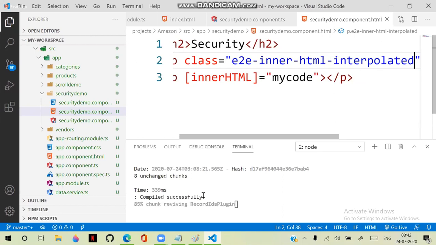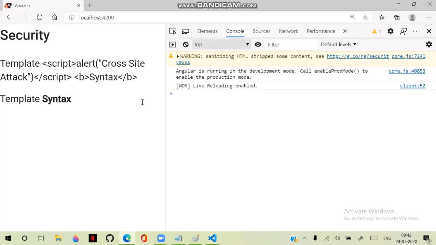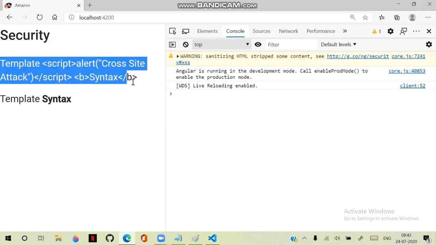So these are the predefined classes, and if you configure and use these classes, we can even handle this